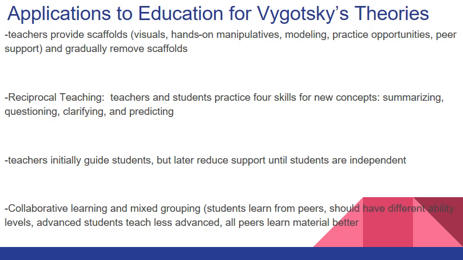And this could include 4 skills that students always perform with their teacher and then eventually start to perform on their own. And so when they receive new information or a new text, they first could summarize it. Then they start to ask questions and think how they could relate to it, or what ways they could learn more about the information. Then they start to clarify